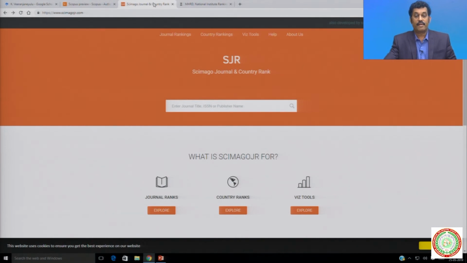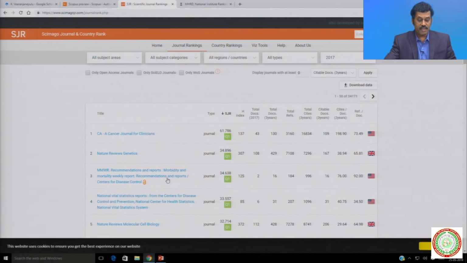This is the home page of SCImago Journal and Country Rank. You can see the journal ranks, the country rank, and other visualization tools also. If you click here, the journal ranks will be available. You can see the top rated journals.